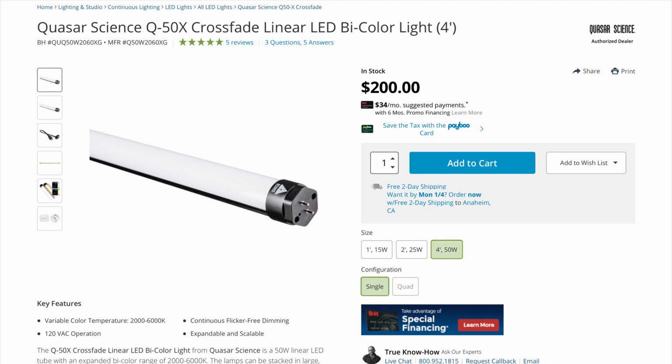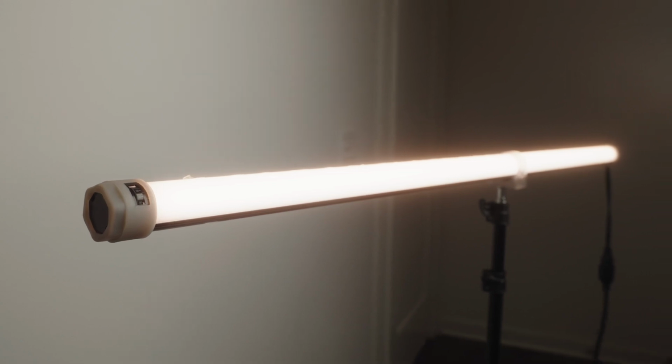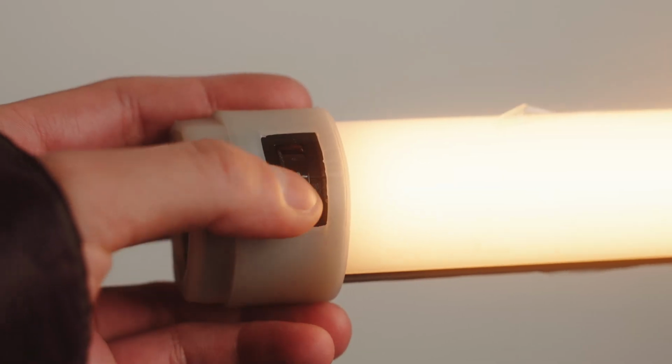Let me first start with the Quasar Science Crossfade, because I did not start out looking for an RGBW tube. I just like the look of what YouTubers like Dave2D had. So I just wanted a long LED tube to use in the background of the videos from my investing channel. At first I went to this Quasar Science because everybody in the film industry has heard of them. I got these for $150 at the local rental house, and these are in good condition and they're built to last. These are such staples in the industry and they can go from as low as 2000 Kelvin